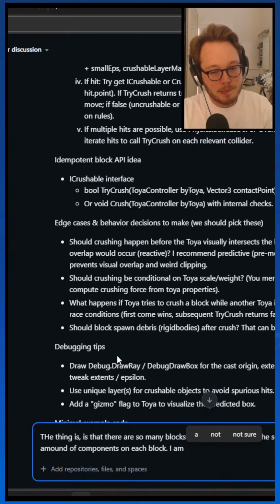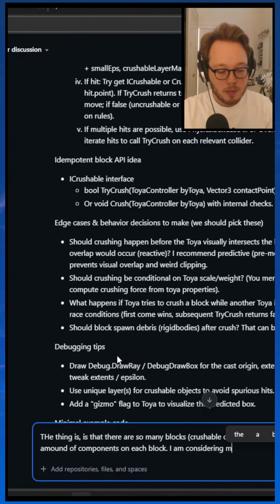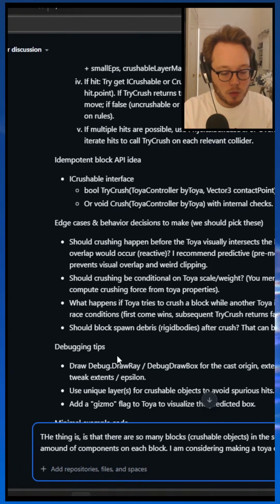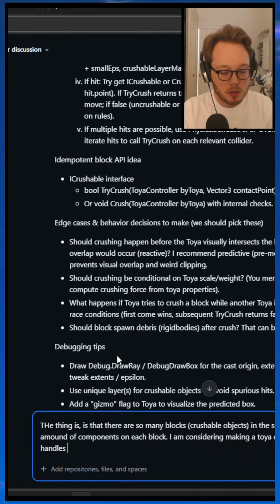I am considering making a TOYA crushing component that handles all that logic.